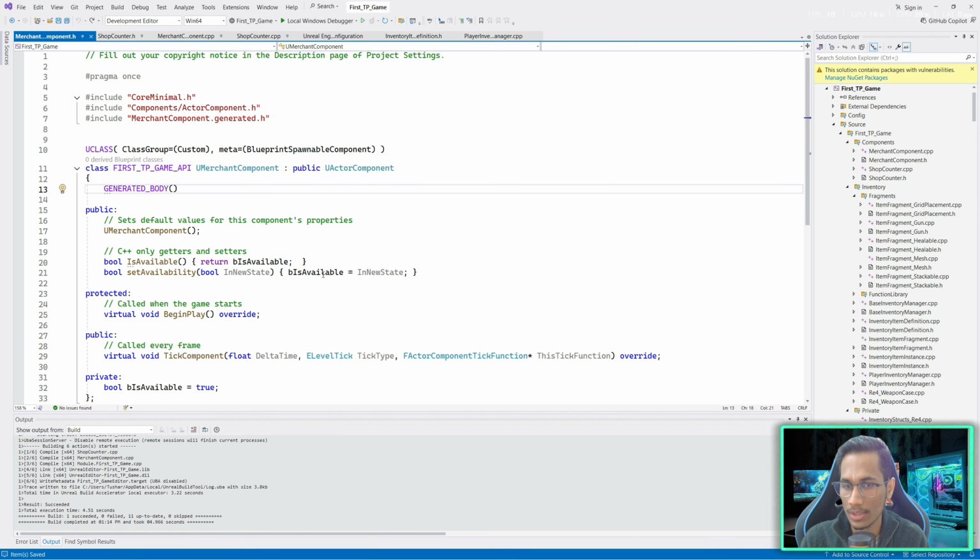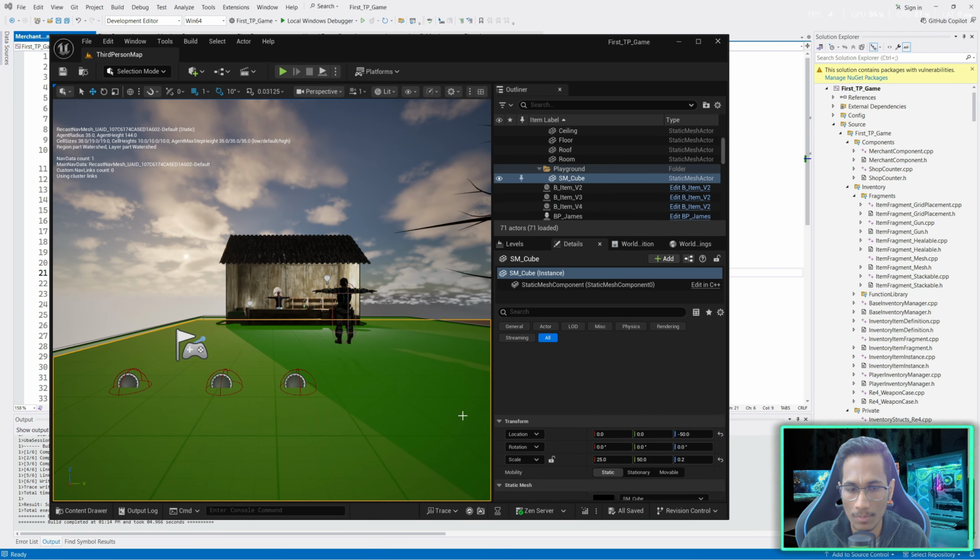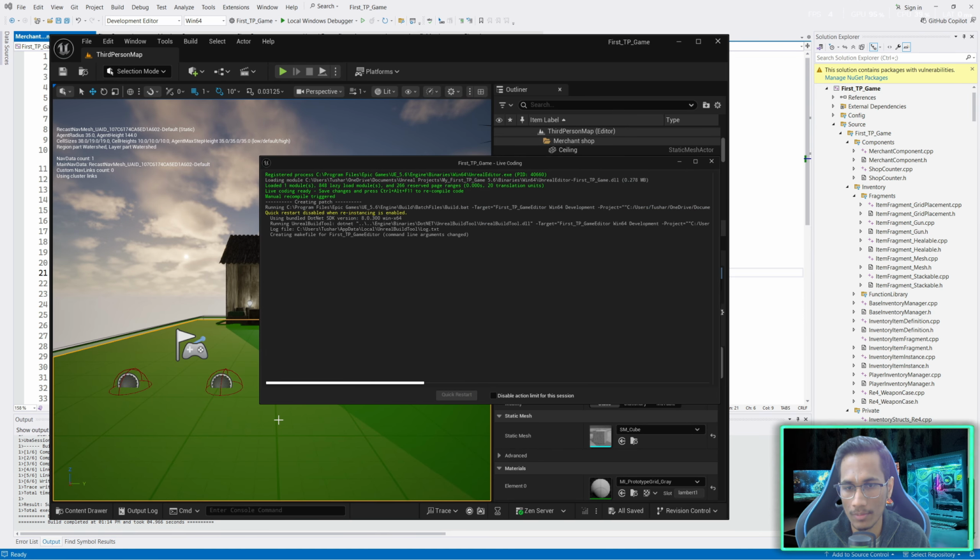There's one small correction that we have to do. This set availability function is not returning anything, so we should make it void, okay? I forgot to do that in the last episode. Great. So let's come back to our old project and make sure you have hit the live coding once that